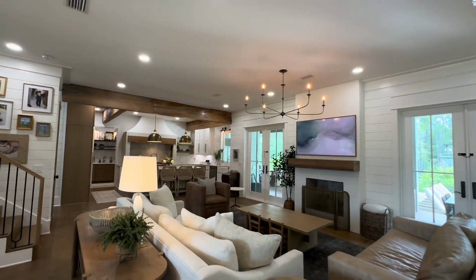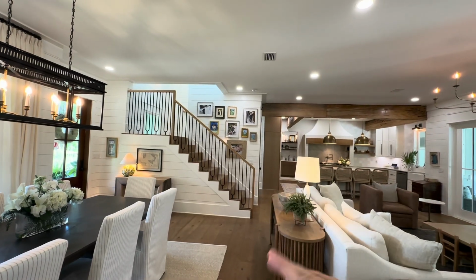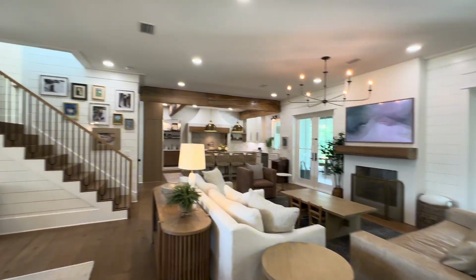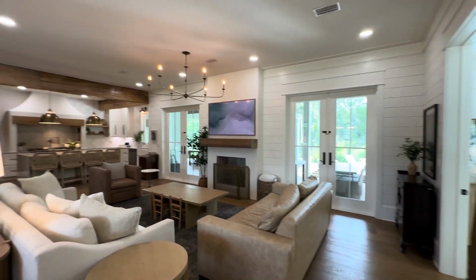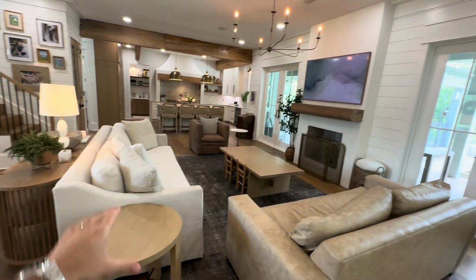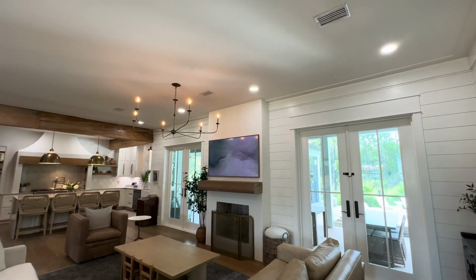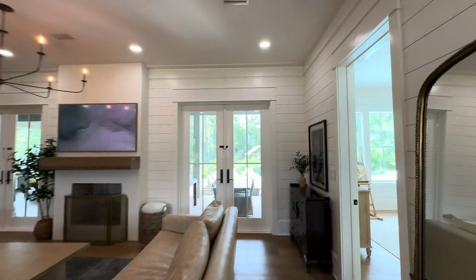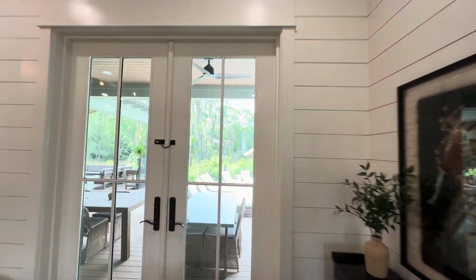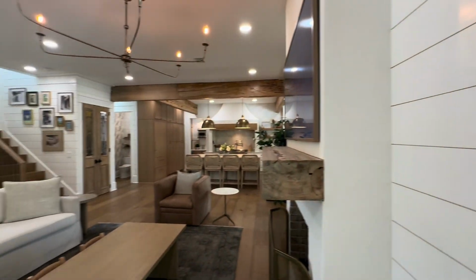And then moving into the main living space. The view looking out this way is incredible. Nice, beautiful gallery wall right through here with the accent staircase, but it's nice and out of the way so you're not just staring straight at a staircase through here. Plenty of room here for a full sectional if you choose to go that route. Fireplace with the nice mantle and the frame TV, all looking out towards the privacy of that backyard, which of course we'll check out. Moving on through